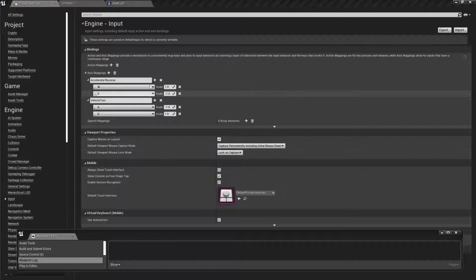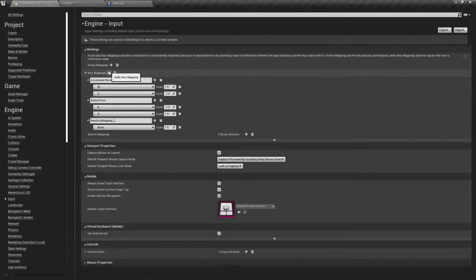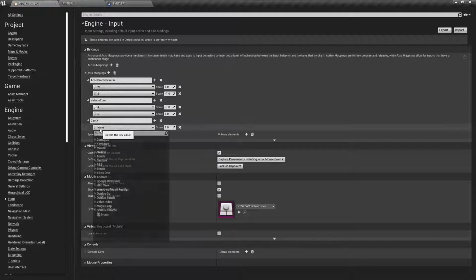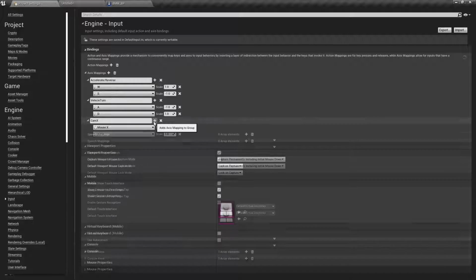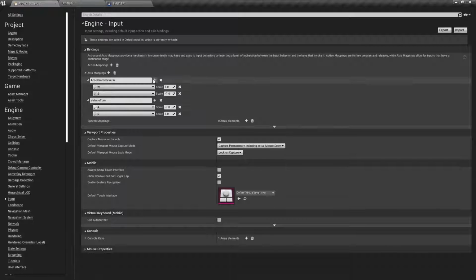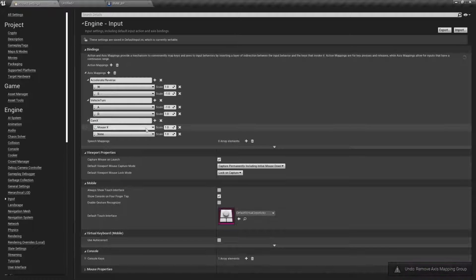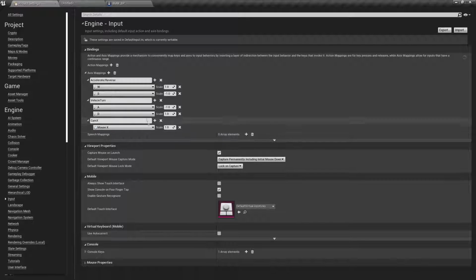And we're going to add 2 more just for fun. They're not absolutely necessary, but I like to do it. I'm going to do it for the camera control. So there's going to be cam X, and that is going to be the mouse X. And then I'm going to do another one, oh, I deleted the whole thing. Can I undo that? Yes, I can. Okay, I meant to hit that one.